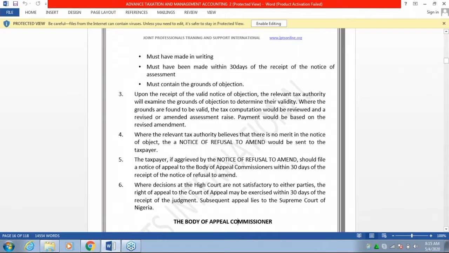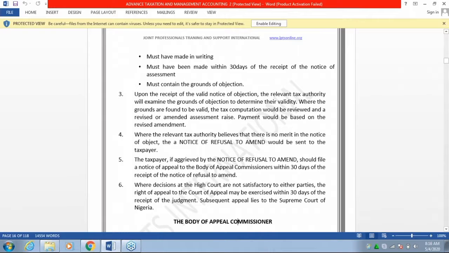Then number 4 is where the relevant tax authority believes that there is no merit in the notice of objections, the notice of refusal to amend will be sent to the taxpayer. That is, if the taxpayer is trying to put up objections, and having submitted the objections, the tax authority finds it clear that he does not have a merit. As a result of not having a merit, a notice of refusal to amend has to be